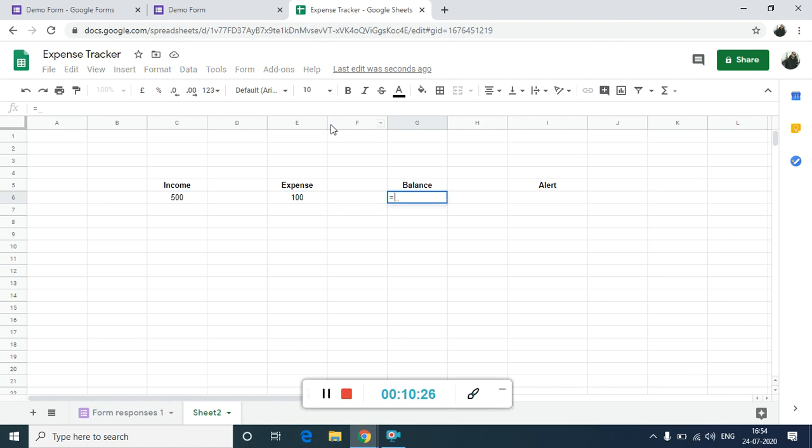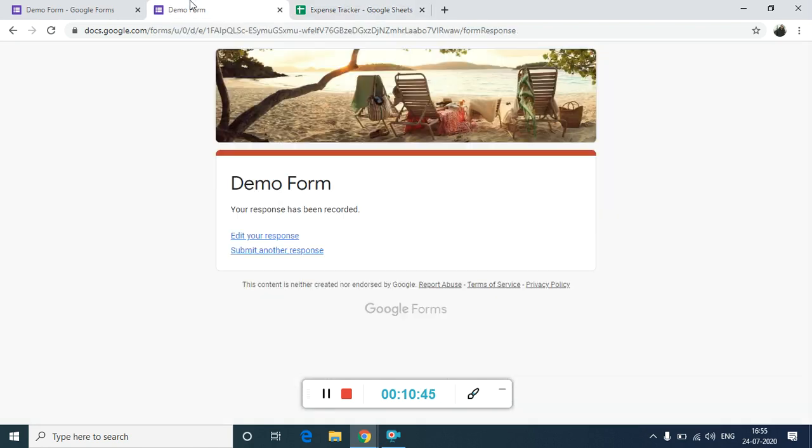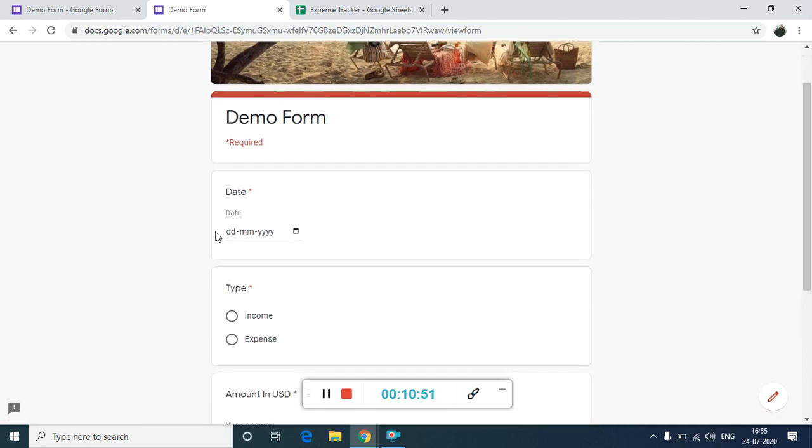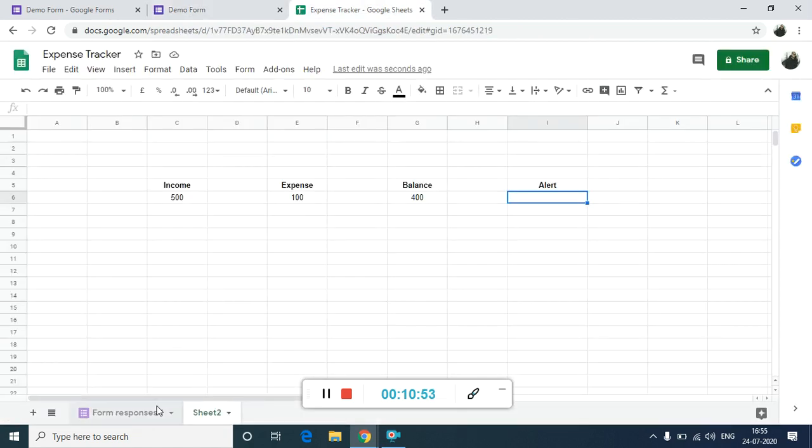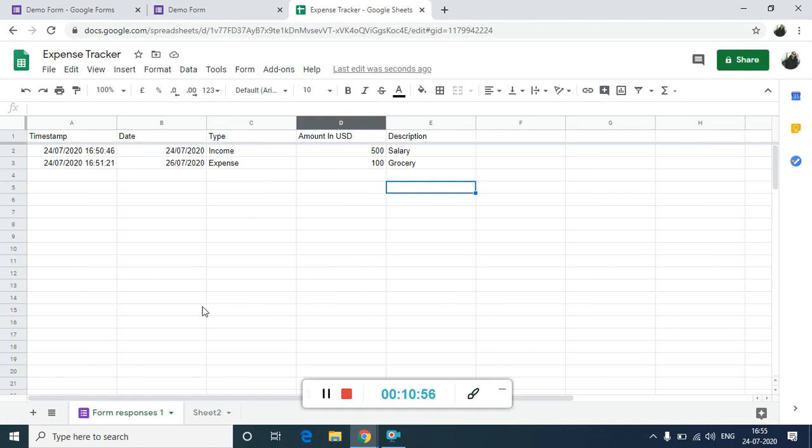Balance is simple. Balance is always income minus the expense. So 400 is the balance. Okay. So now whenever you fill up this form as income or expense, the Google Sheet will capture the data over here for your reference.